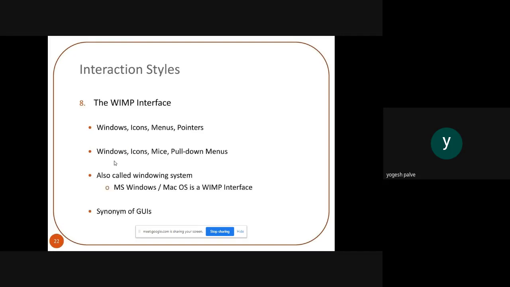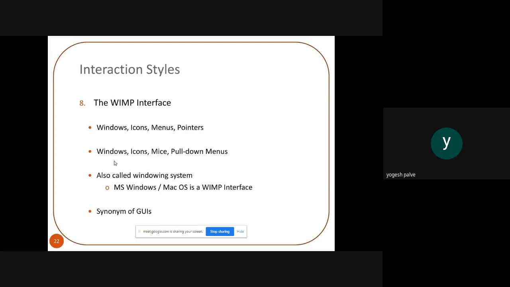Windows, icon, menu, and pointers are also very important whenever the developer applies the event, or applies some interaction style, 3D style, GUI. At that moment it will be very innovative. So windows, icons, and it will use pull down menus also. It is also called the windowing system.